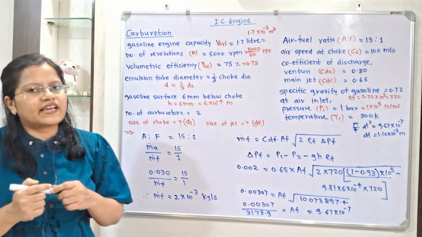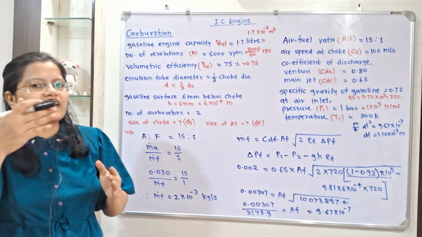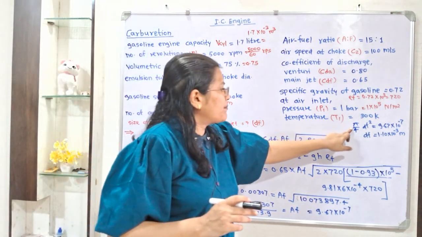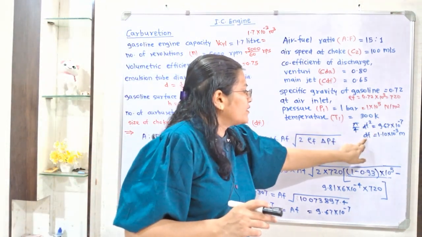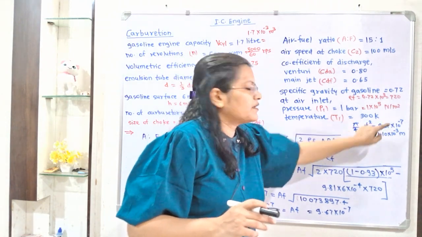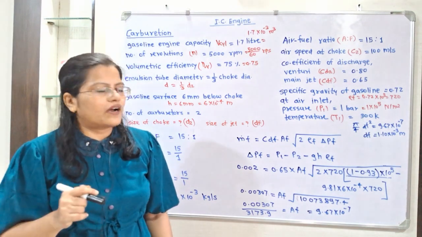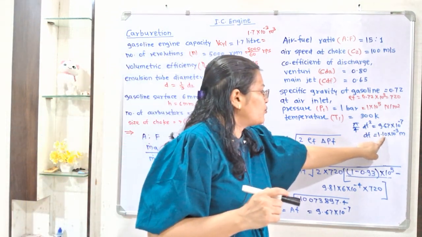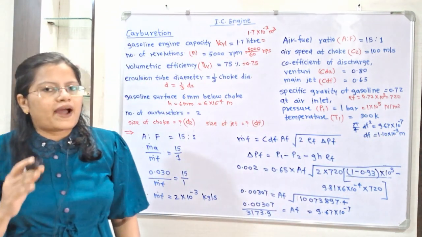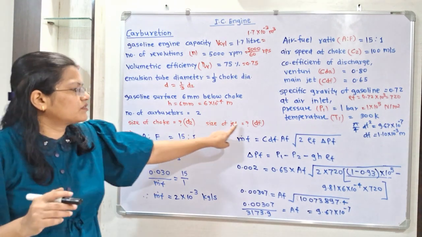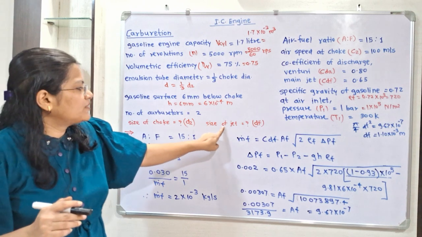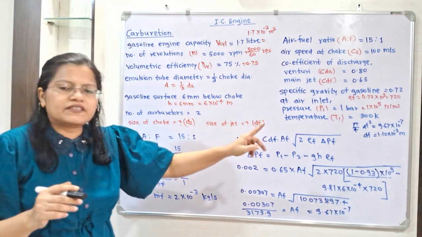Now what is this AF? Pi by 4 df square. So this is pi by 4 df square. So df is equal to, we will transfer this term and take the under root, then we will get df as 1.10 into 10 raised to minus 3 meters. So this is the answer of the second question. Size of jet, that is df is equal to